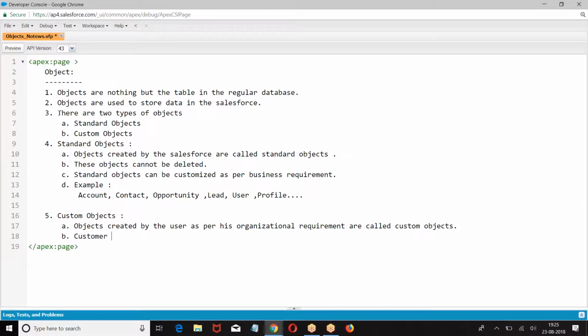Custom objects will have an extension of __c.